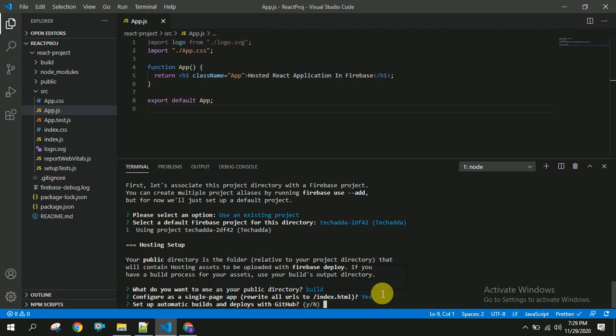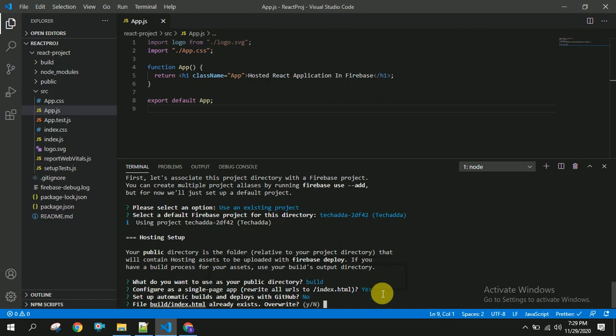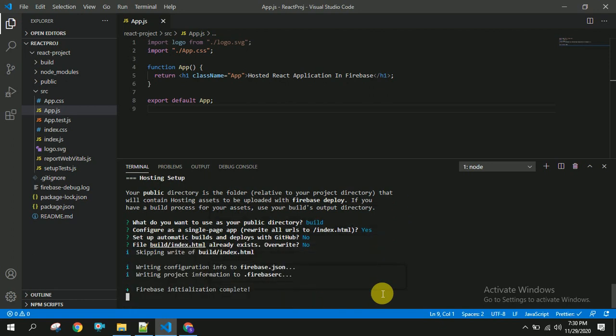Set up automatic builds and deploys with GitHub. If you want this, you can click on yes. It will ask for the GitHub authentication. I don't need this, so I'm clicking on no. It is also no. If you want to overwrite, then you can click on yes. So our initialization got completed successfully.